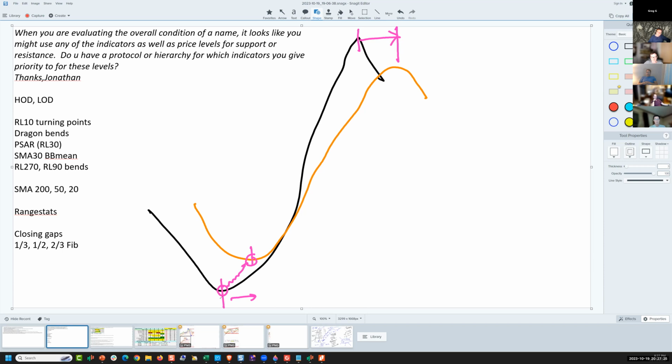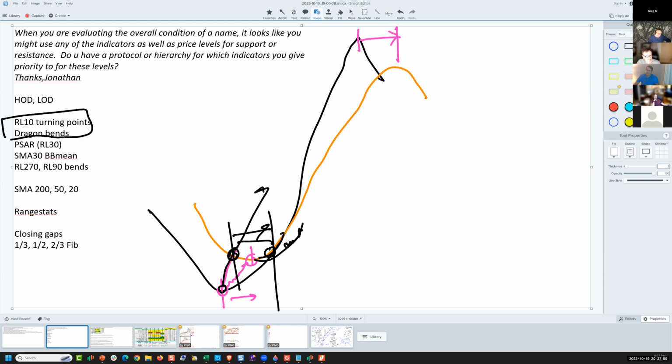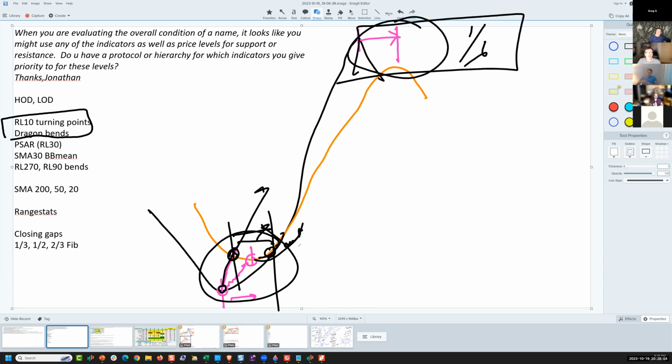Like the SSC acts as soon as it crosses the dragon, now you're long. But the owl entry waits for the dragon and the RL30 to change. So sometimes you want to act sooner, sometimes you want to act later. Part of your trading plan is to describe how you might use those two things to help you time those key turning points, because if you can get those two things right,